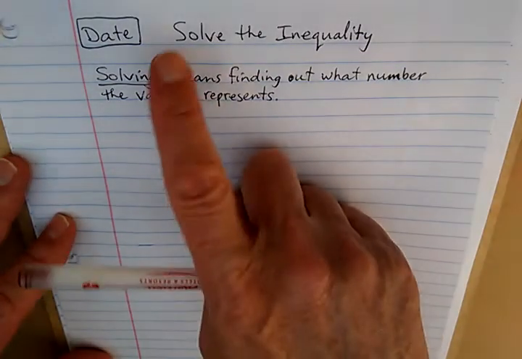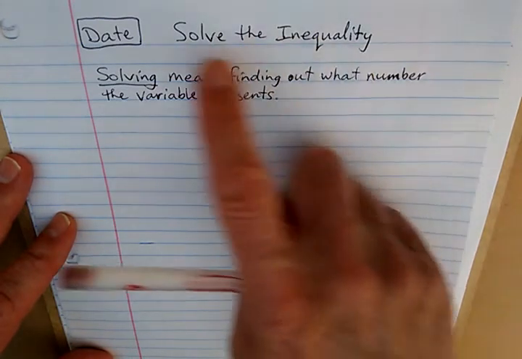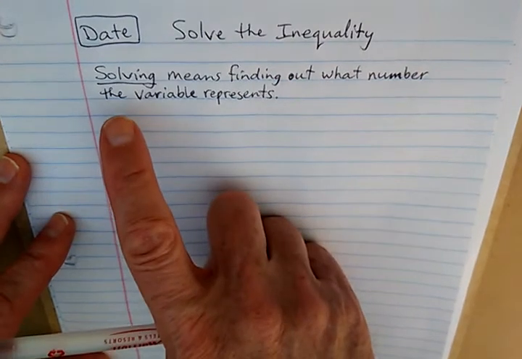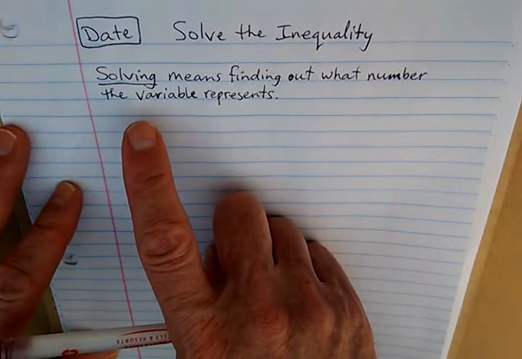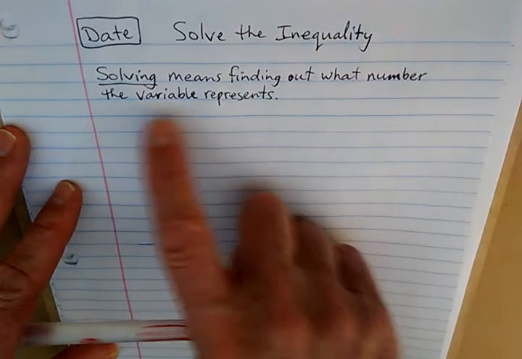This lesson is solve the inequality. Solve the inequality. Please write the date on your paper. What does solving mean? When we say that we're going to solve, solving means finding out what number the variable